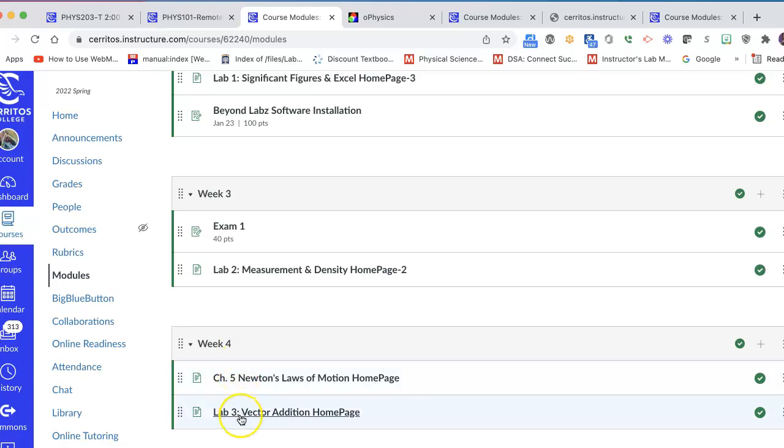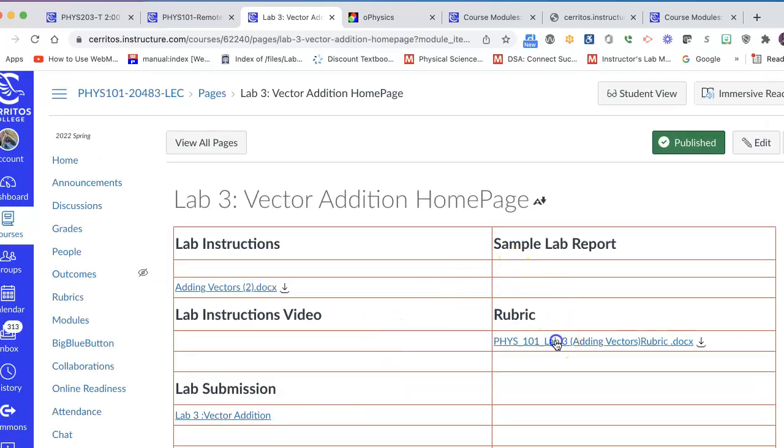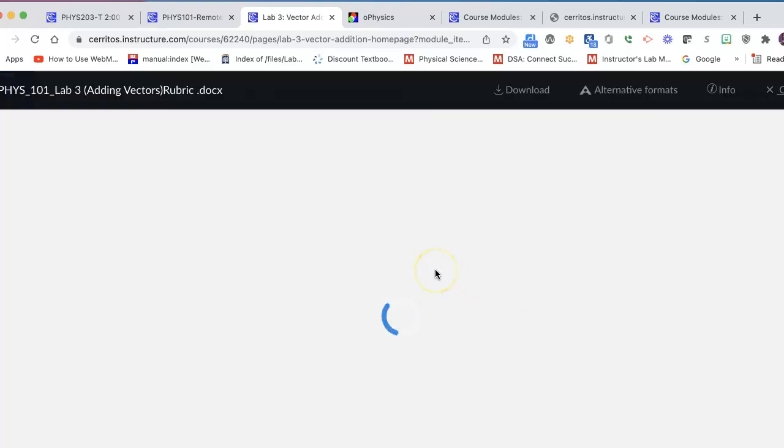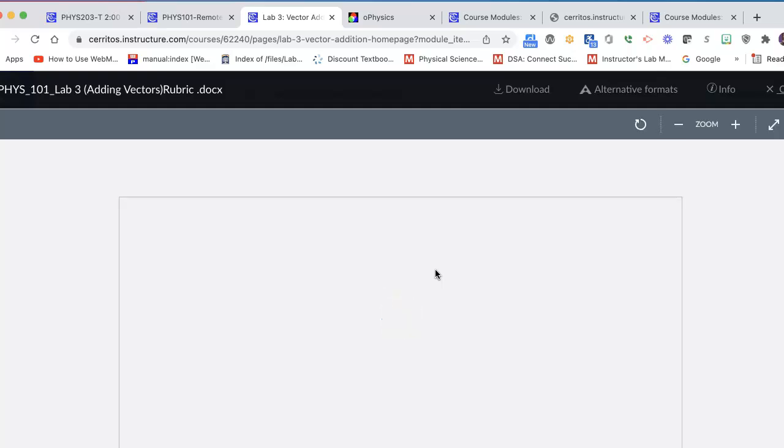Now, for the week 4 lab, you are going to see a requirement to complete one item. That means you should view the video. Otherwise, that lab will not open for you. Also, you should watch the whole video. I'm going to check it, and I also added to the rubric here that you should watch the video, or